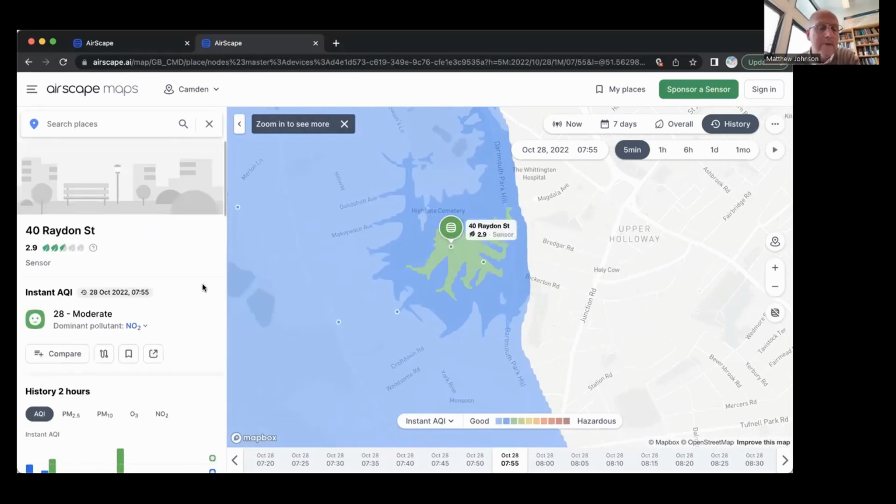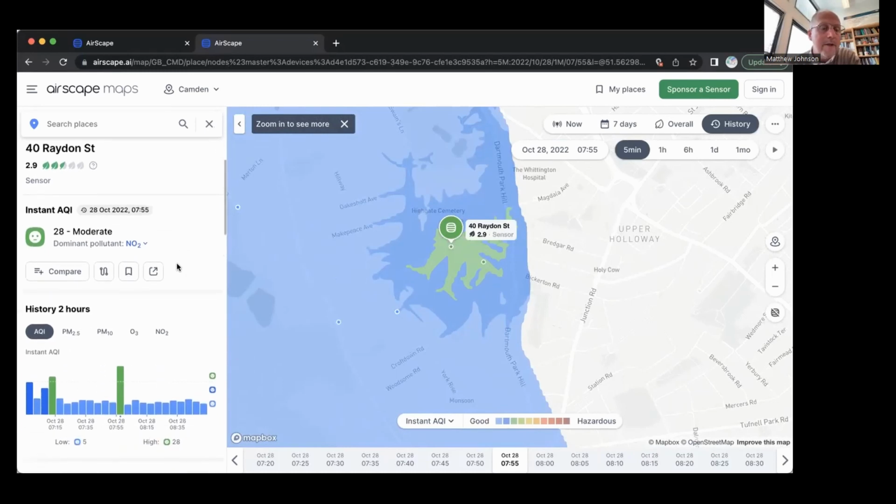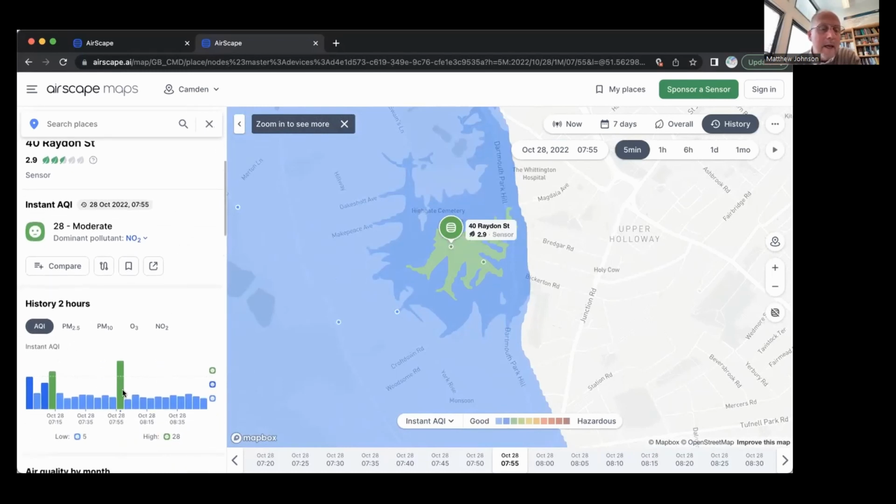And we just click on that sensor. So that's 40 Radon Street. And the air quality index shows a burst of something. We could look closer and try to see what that pollution is. Looks like it's not PM 2.5, it's not ozone, but it's nitrogen dioxide. And it looks like it was going up to 38 micrograms per cubic meter at that location at that time. And so this might have been maybe a heavy duty vehicle, a diesel truck that goes by that is emitting